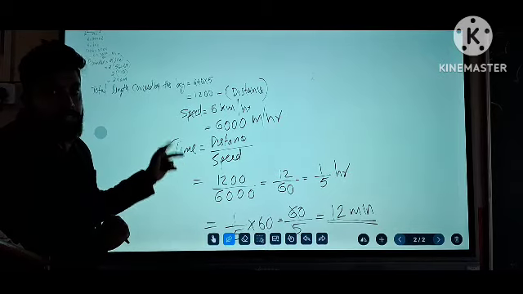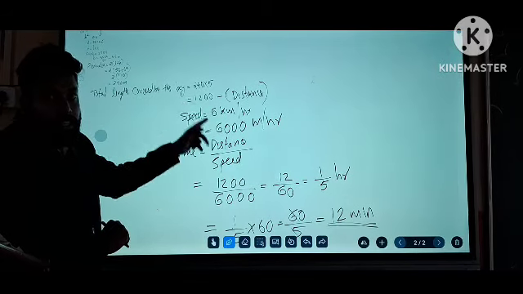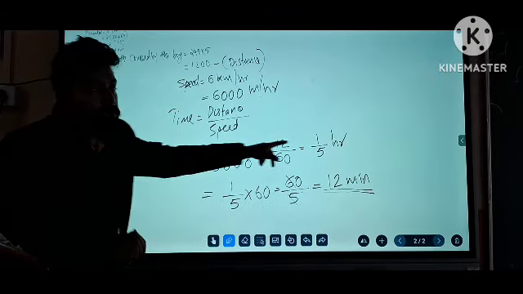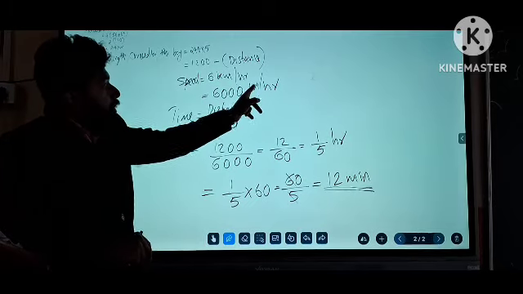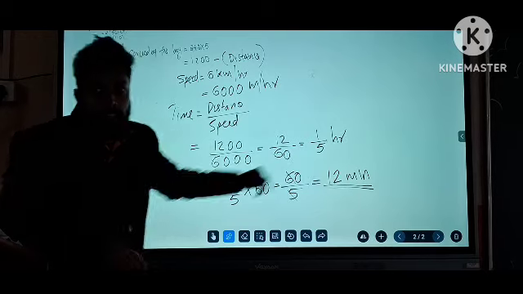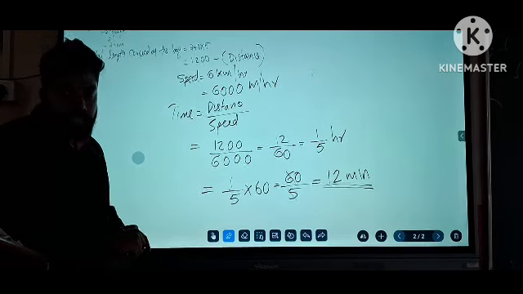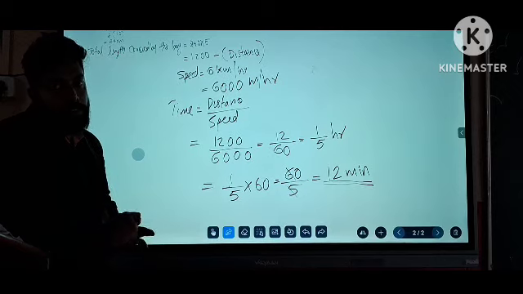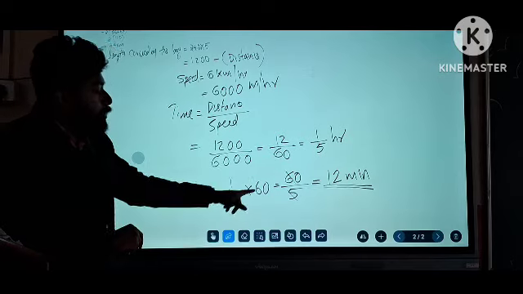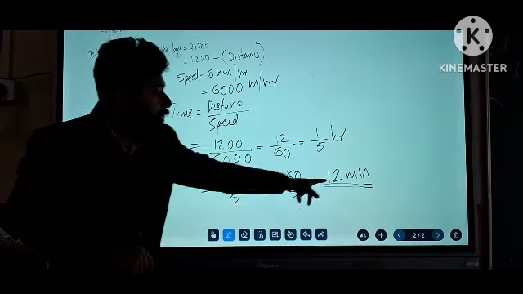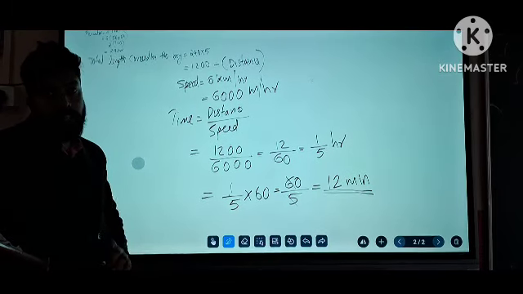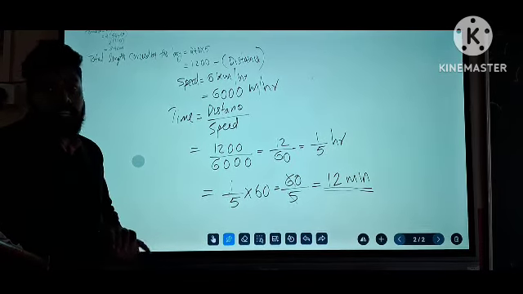Now we can calculate time as distance divided by speed, that is equal to 1200 divided by 6000, that is equal to 1/5 hour. Because this is meter per hour, when we cancel, we will get the answer in hours. Now we want to convert that hours into minutes. How can we convert hours into minutes? Yes, by multiplying the given hour by 60. So 1/5 into 60 gives the answer as 12 minutes. Is it clear? So 12 minutes is what the boy will take to cover 5 rounds of the rectangular field.